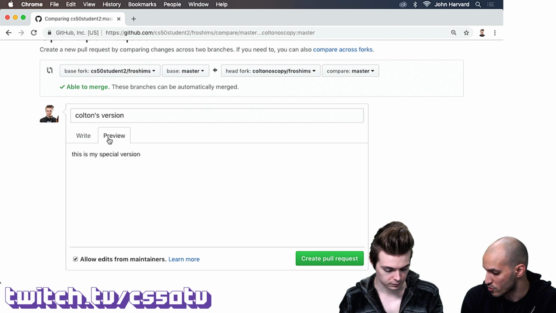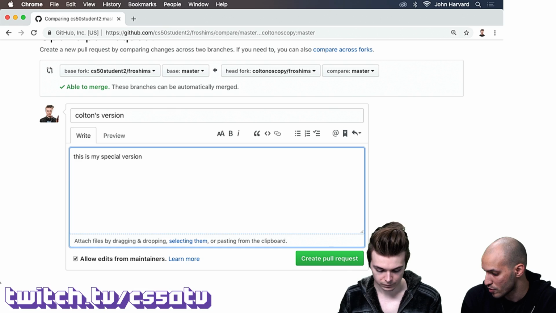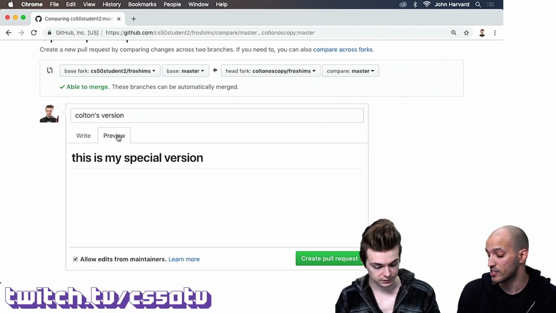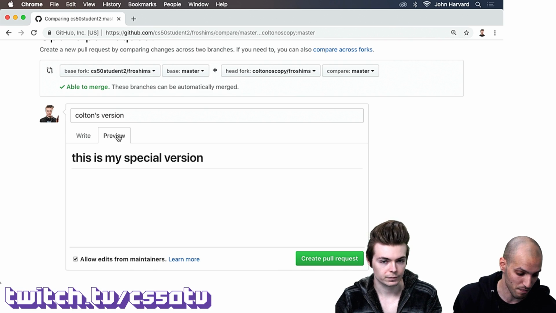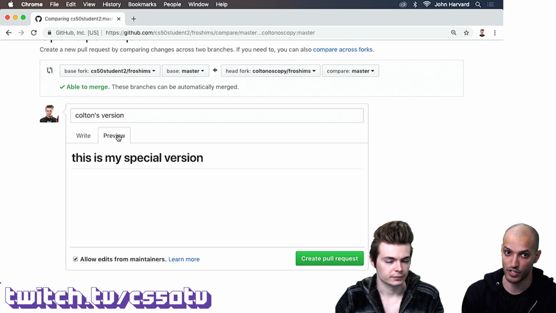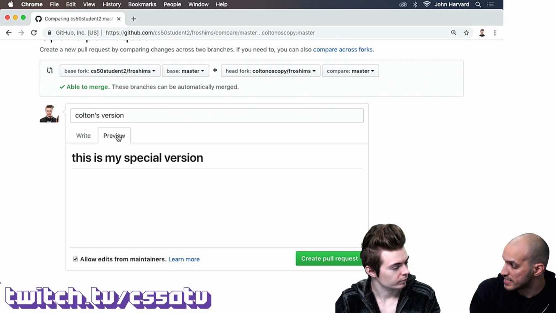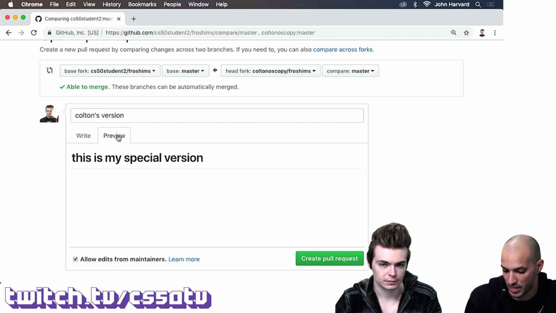If you go back to write and add a hash in front of this, it's going to convert it to a heading. There's actually a GitHub guide on these Markdown tricks that you could use to format your detailed pull request in a neat way.